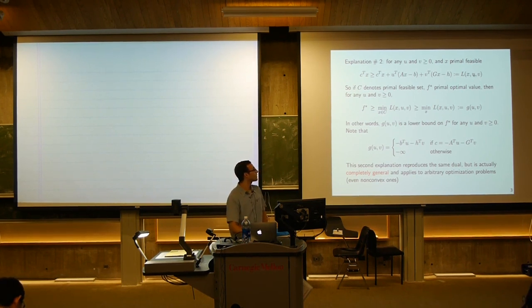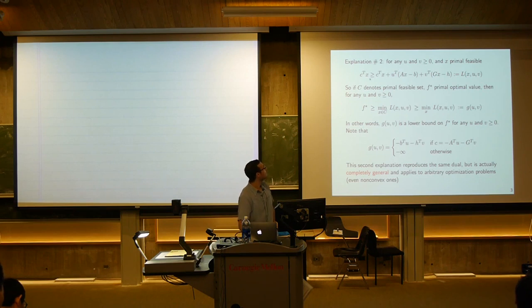The dual has a pair of blocks of variables, u and v, for the equality constraints and the inequality constraints. This thing we refer to as the Lagrangian. It's a function of x and then the dual variables u and v. So by virtue of the fact that we have this inequality for all feasible points x, if we were to minimize over all x that were feasible, we would see that f star